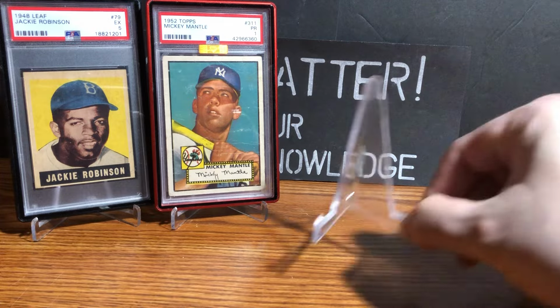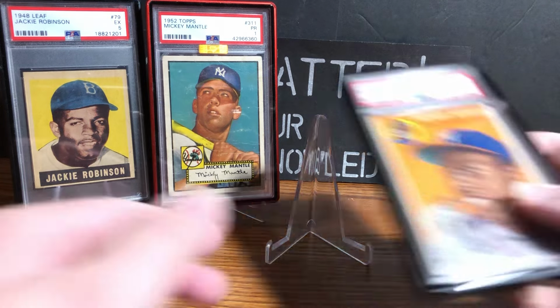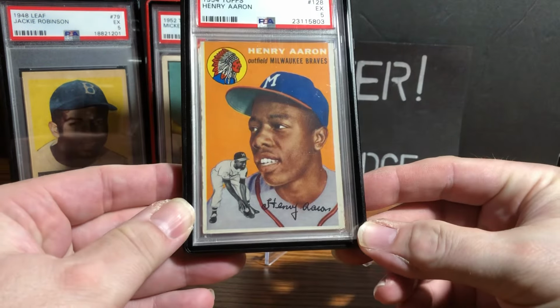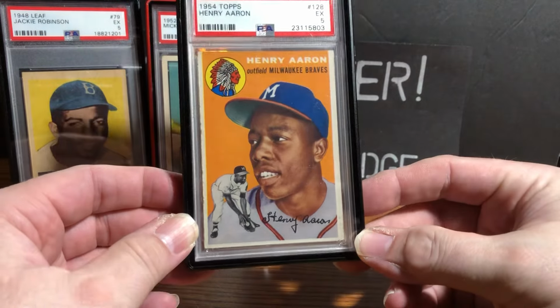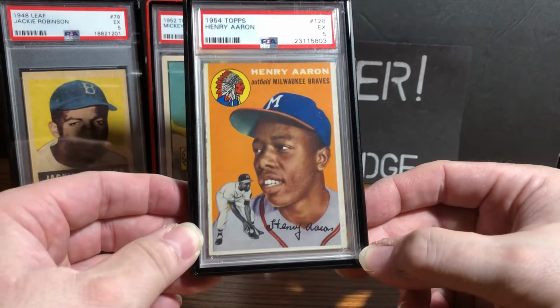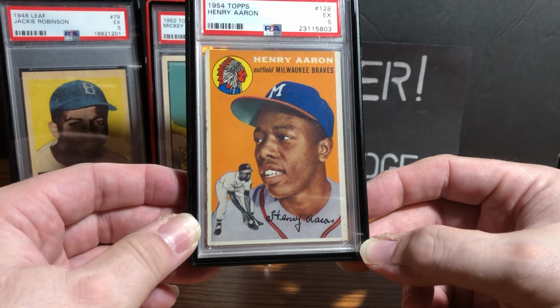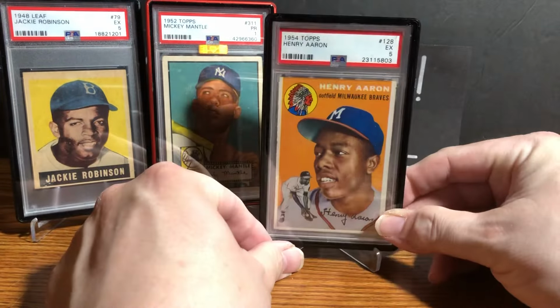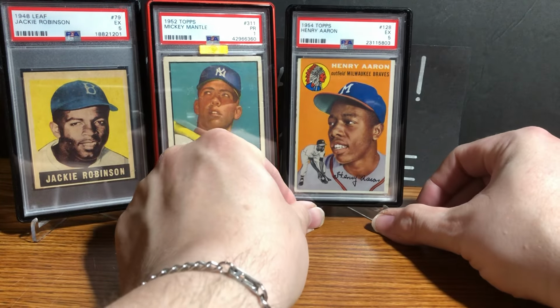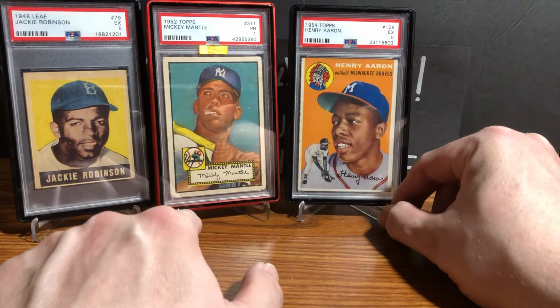Okay, next up on this particular version of my Mount Rushmore, it's the 1954 Topps Hank Aaron, his first Topps card, in a glorious 5. Very happy with it, and I've shown that. All these I've shown off before, but the thing that always sticks with me about this particular Hank Aaron is that a friend of mine,